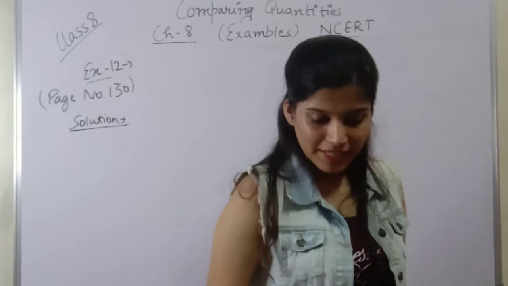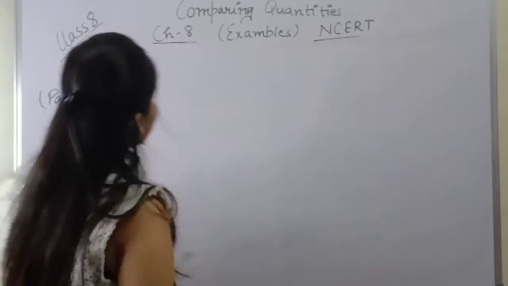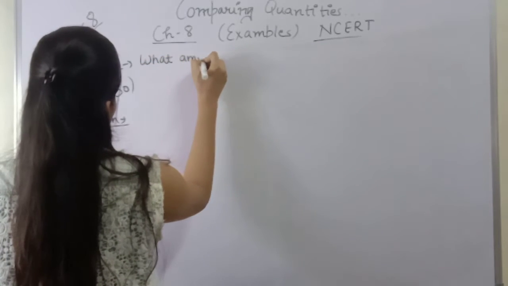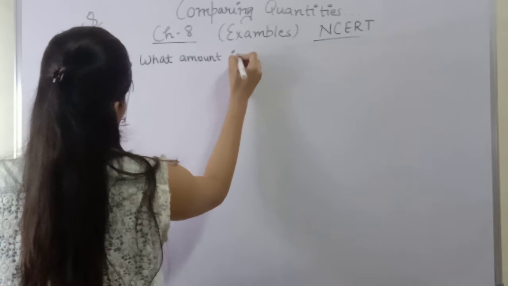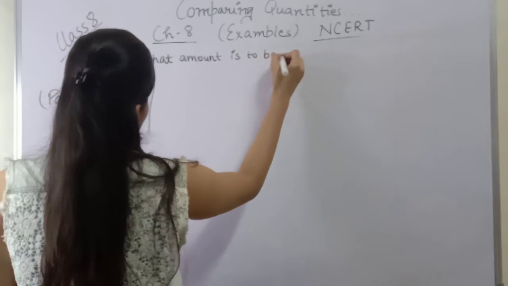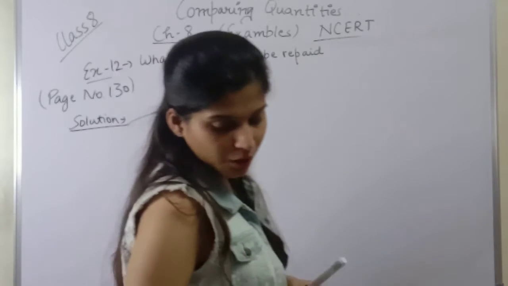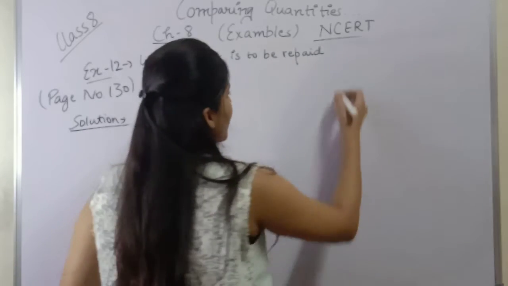Example number 12 says, what amount is to be repaid on a loan of rupees